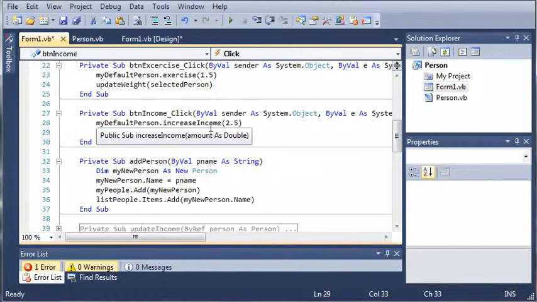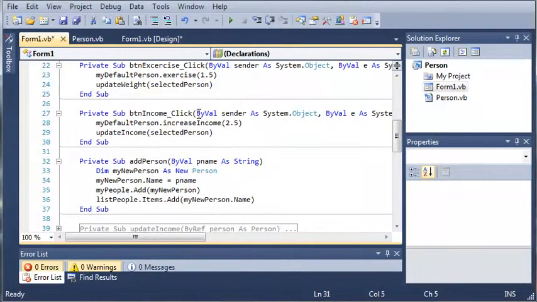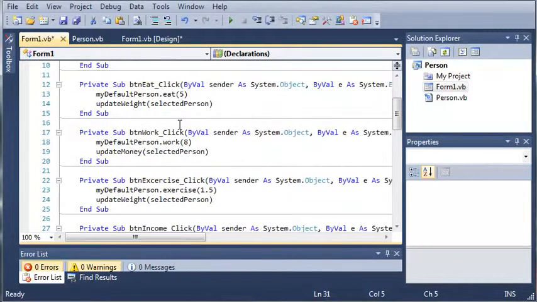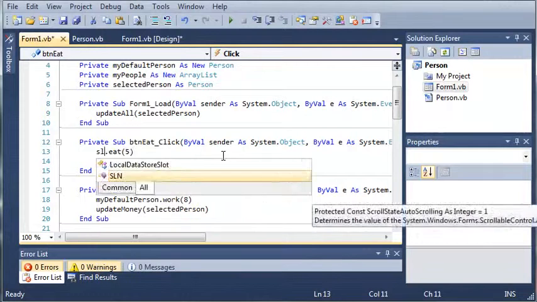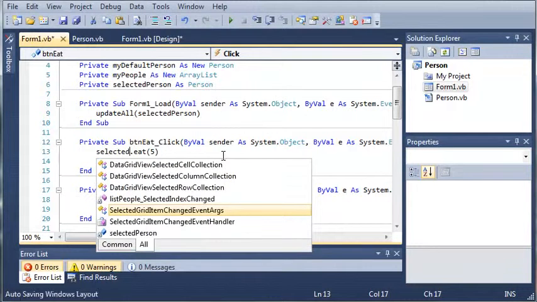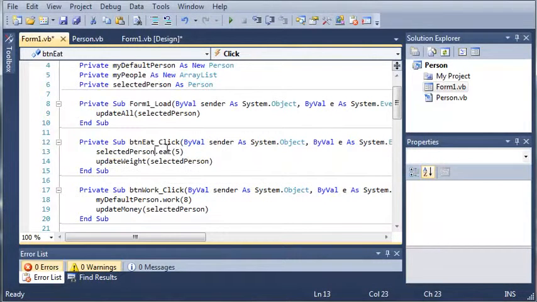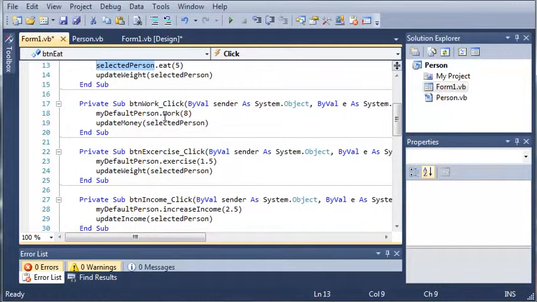Okay, so now that we've done that, it's going to update each one of these for the selected person. But you can see right here that we have my default person instead of selected person. So we'll go ahead and type that in right there. And just to make this go a little bit quicker, I'll copy this. So copy that right there,